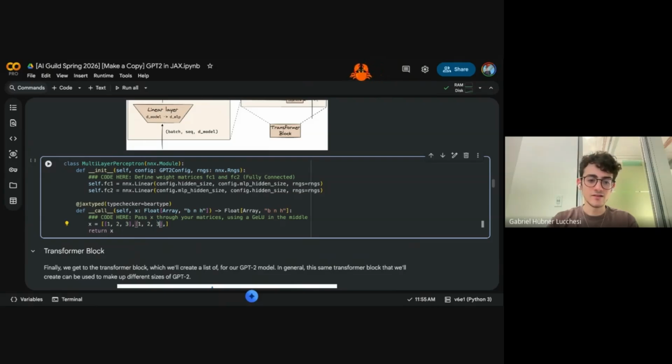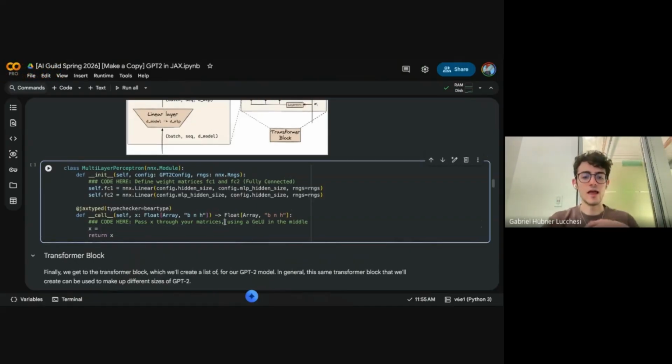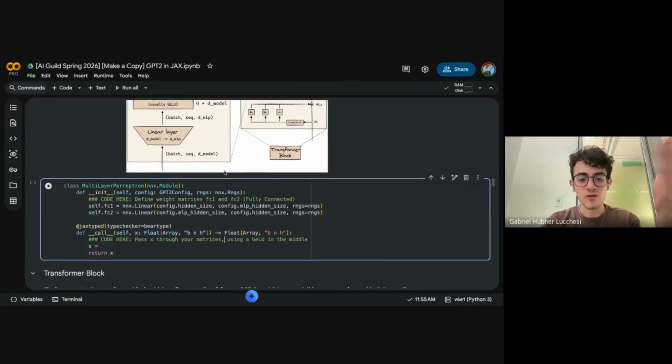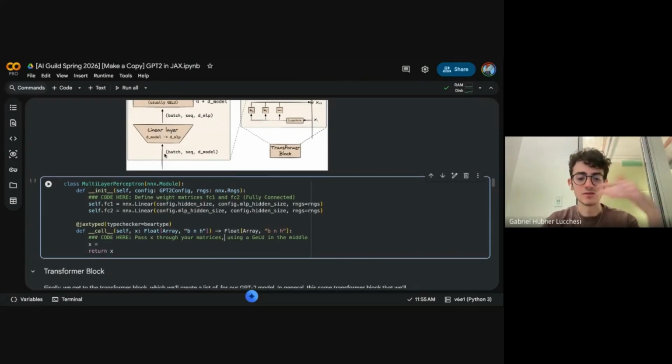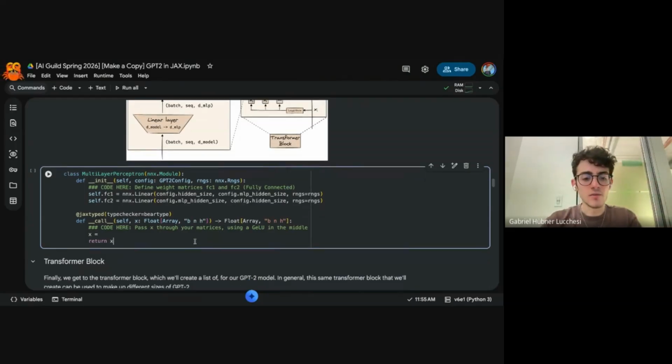And then let's say that every single one of these numbers is a vector themselves, whatever. So this is how we have our array being passed to X. We have multiple of these nested arrays, but what we reference them by is just these logical names like batch, sequence length, and then hidden size. So what we do now is we override this method called call.